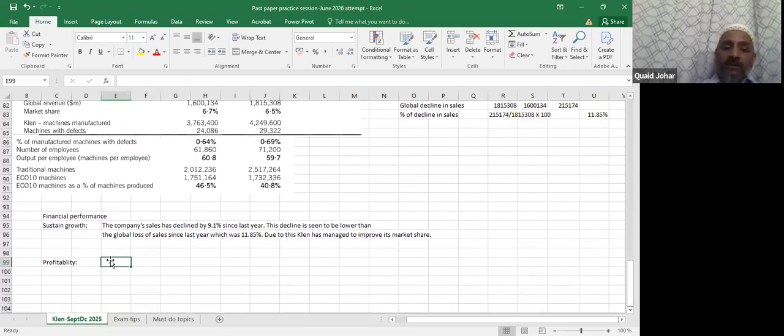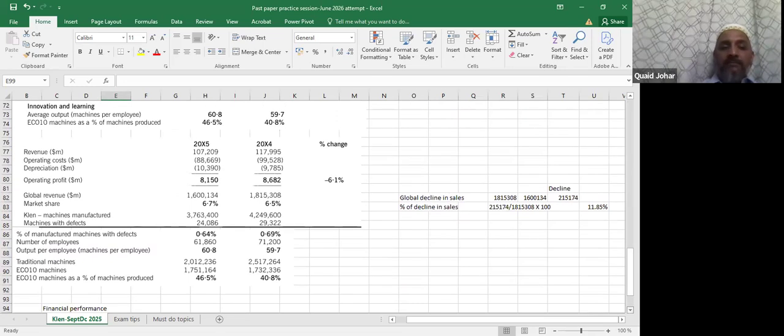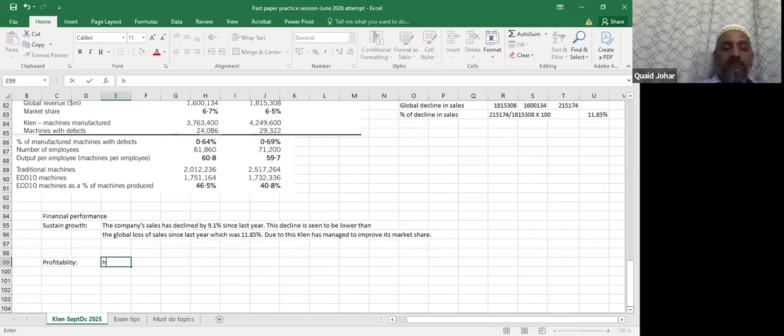ओके, अब प्रॉफिटेबिलिटी का कमेंट क्या आ रहा है, तो प्रॉफिटेबिलिटी इनके जो रिक्वायर्ड था वो ऑपरेटिंग प्रॉफिट था, तो ऑपरेटिंग प्रॉफिट तो कम हो गया, यू कैन सी 8682 से कम होके 8150 आ गया, जो कि 6.1% डिक्लाइन। अब इसमें एक और चीज ध्यान रखें कि मैं ऑब्जर्वेशन लिखता हूँ पहले, और फिर ऑब्जर्वेशन को किसी टारगेट से, लास्ट ईयर से, प्रीवियस ईयर से कंपेयर करते हैं या उसकी रीजनिंग करते हैं, तो आपको एडिशनल मार्क्स मिलने शुरू हो जाते हैं।